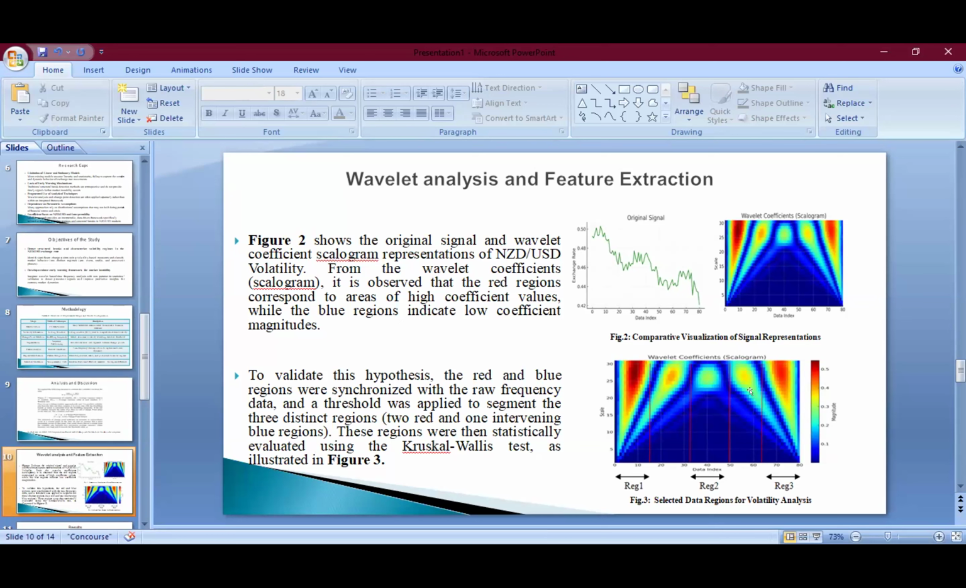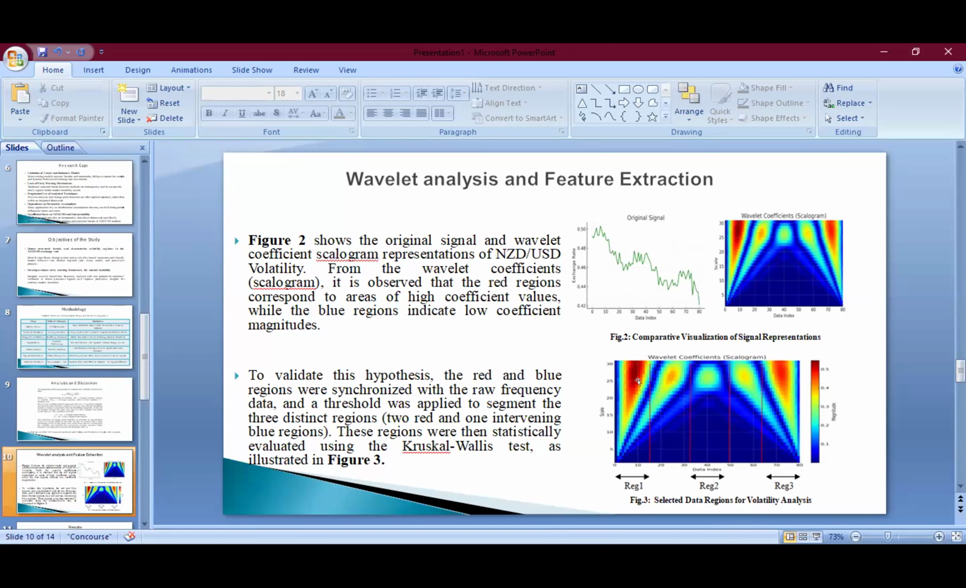And in the second figure, figure 3, the red and blue regions are synchronized with the raw frequency data, and a threshold is applied to segment 3 distinct regions: 2 red regions and 1 intervening blue region. We are selecting the 2 red regions. This is the main reason: